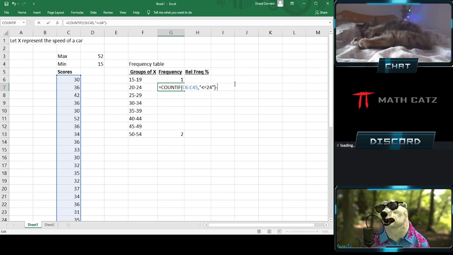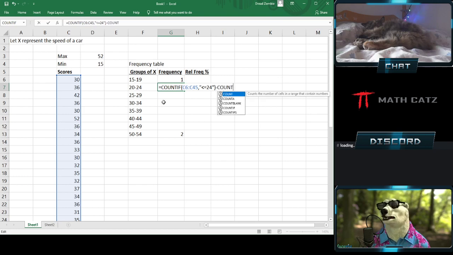I want to take away those that are less than 20. The ones below 20 shouldn't be included in the 20 to 24 bracket. I take everything below 24, but I don't want to consider things below 20. So I need to count if